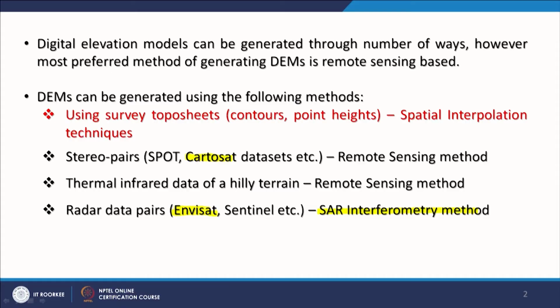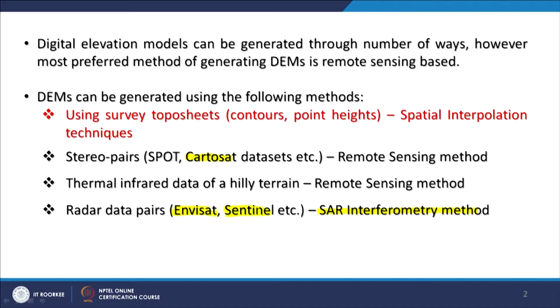I mention this because some people may get confused that I talked here in 90 meter and 30 meter, but on their portals you find 3 arc second and 1 arc second. So it is not 3 meters or 1 meter; 3 arc second means 90 meter roughly. Now, these radar pairs also later became available from a satellite, Envisat, which is a European satellite,